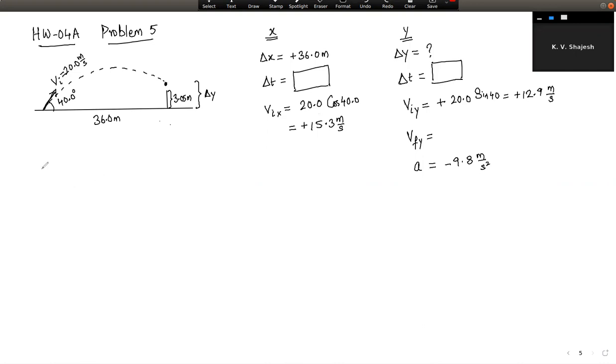So let's start with the x component. Delta x is equal to the initial x velocity times delta t. So that's 36.0 is equal to 15.3 times delta t. And that gives delta t to be equal to